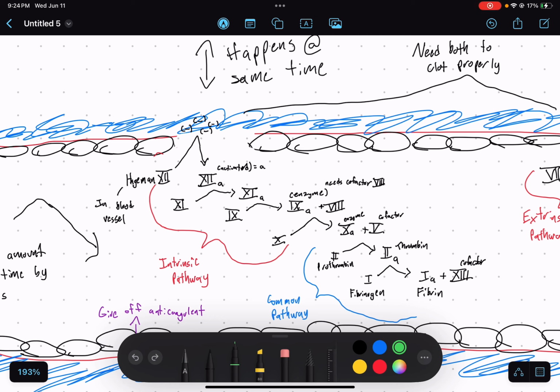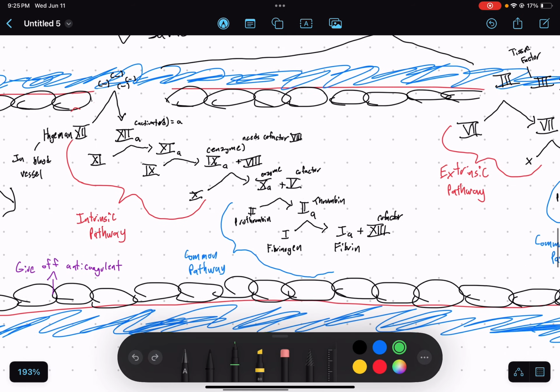the activated 12. Sorry, that's not 7, that's 12. My bad. Because this is the intrinsic pathway. And whenever that gets activated, it's going to activate 11. Whenever 11 is activated, it's going to